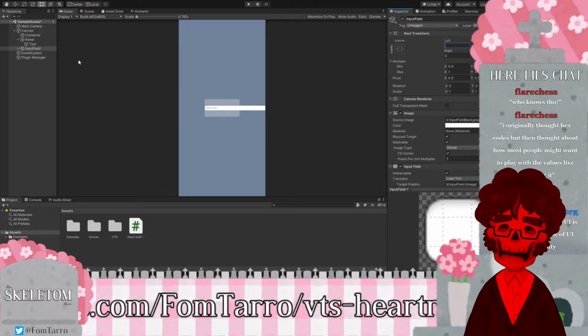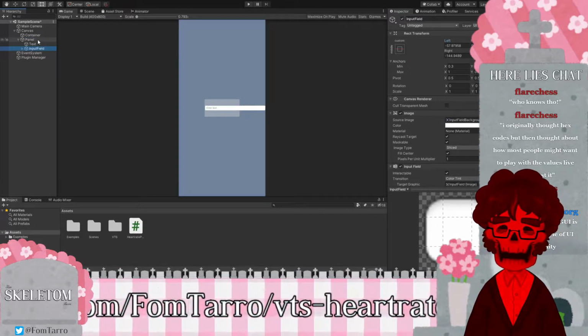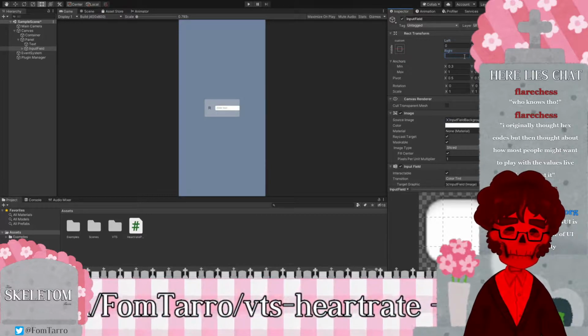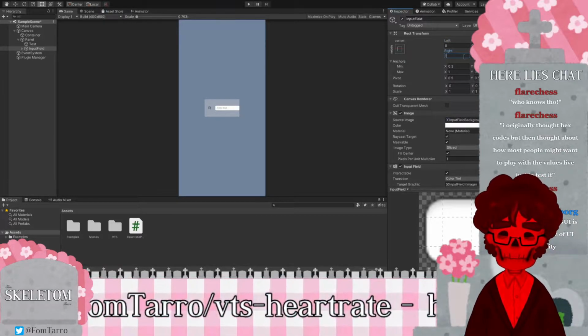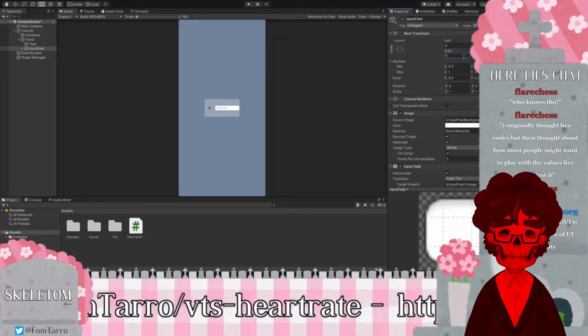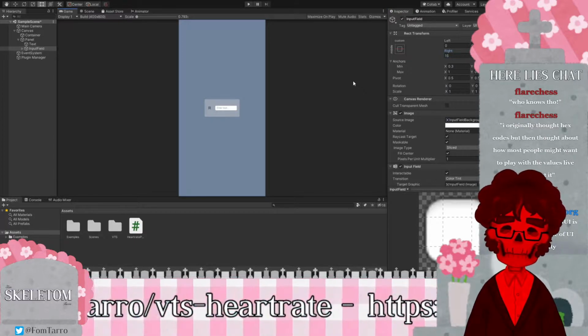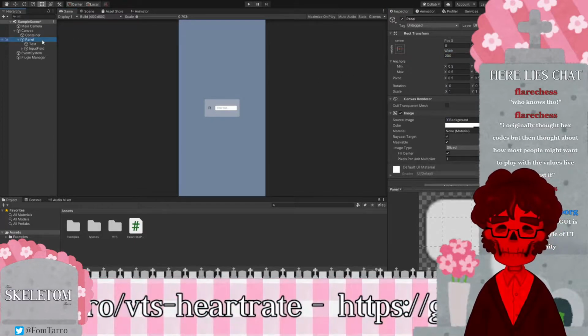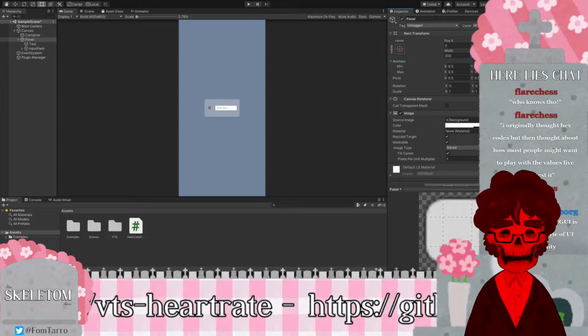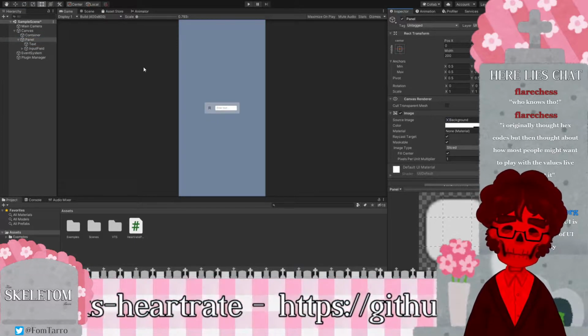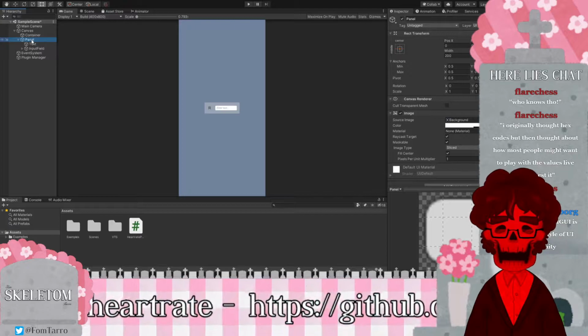Oh, wait, what? Oh, it's not in the container. That'll do it. Something like that. And then the panel doesn't need to be quite so big. We can have this be like 65. Cool, okay. Now let's make this into a